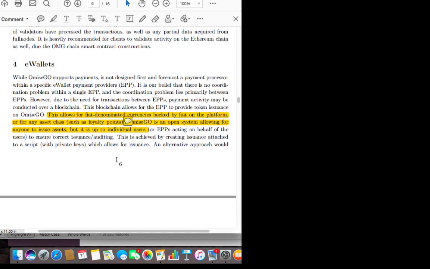So it goes on to talk about, again, this blockchain allows for EPPs to provide token issuance on Omisego. This allows for fiat-denominated currencies backed by fiat on the platform or any asset class, such as loyalty points. Omisego is an open system allowing for anyone to issue assets, but it's up to the individual users to ensure correct issuance and auditing. So the way I see that, guys, is you have a mid-level business or maybe even a larger business